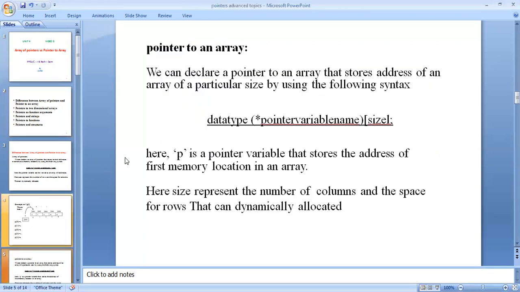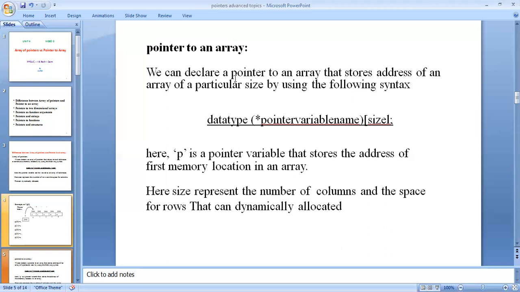And pointers to an array. Pointers to an array means how a pointer stores the address of an array of a particular size. We can declare a pointer to an array that stores the address of an array of particular size.